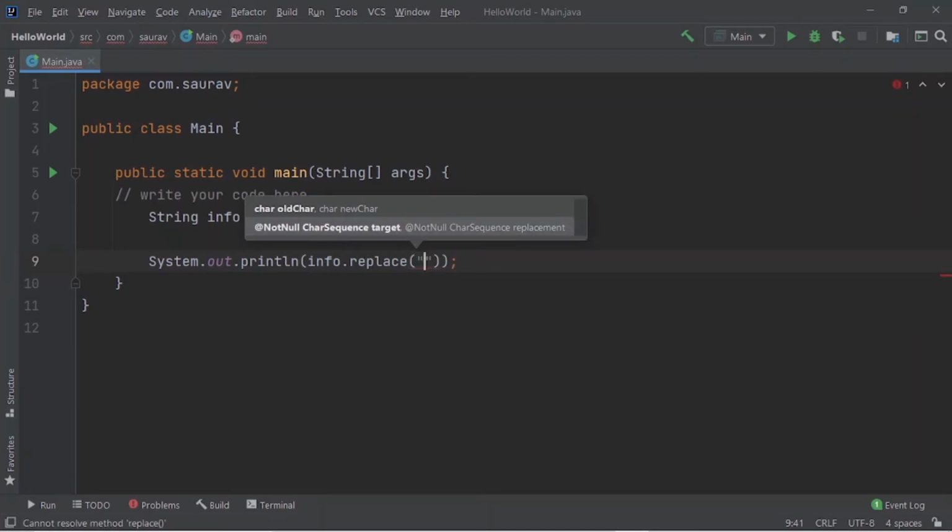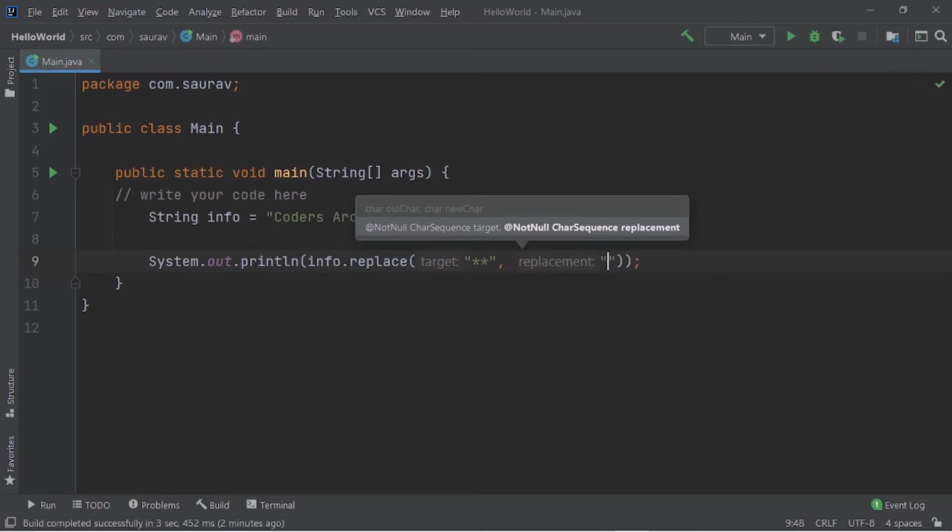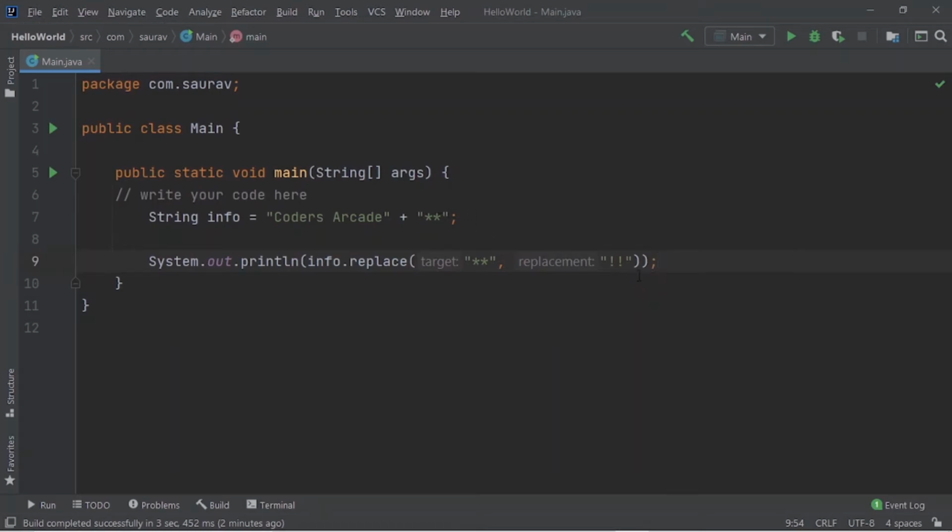Then I have to provide the target, let the target be the two stars, and then a comma, and I have to give the new characters. You can see it automatically tells me the replacement I want there. So for the stars, let me give exclamation marks. Instead of the two stars, I want two exclamation marks.